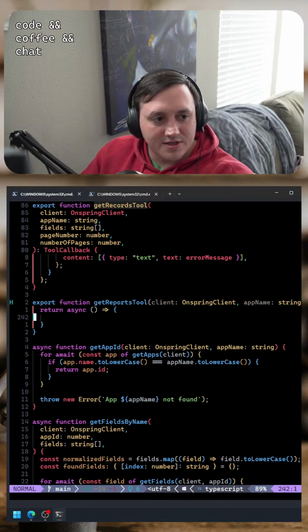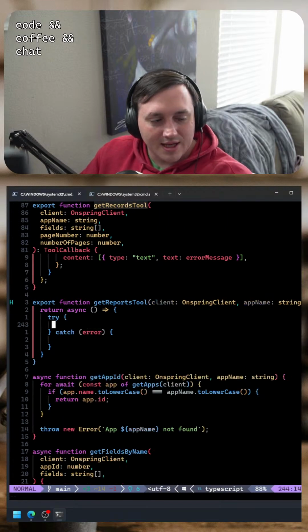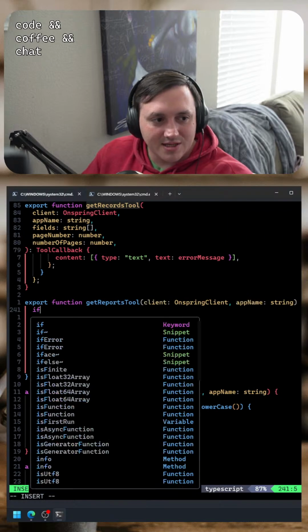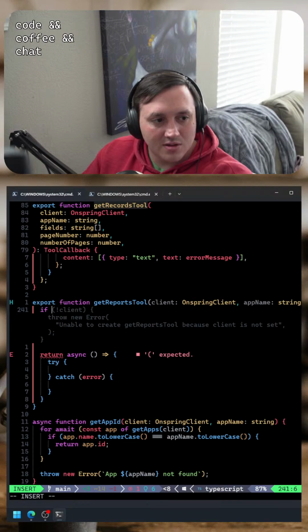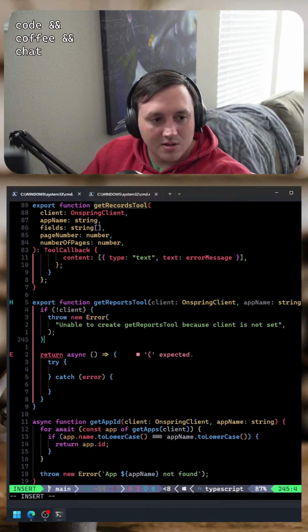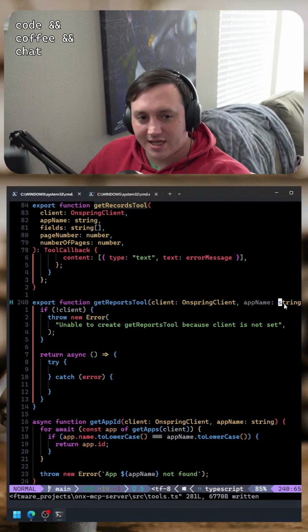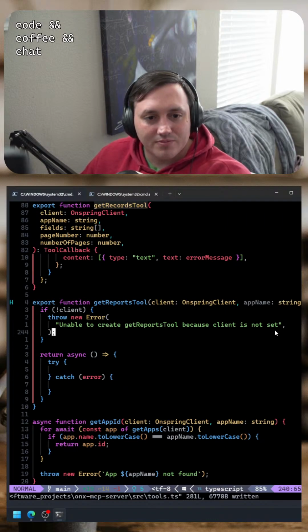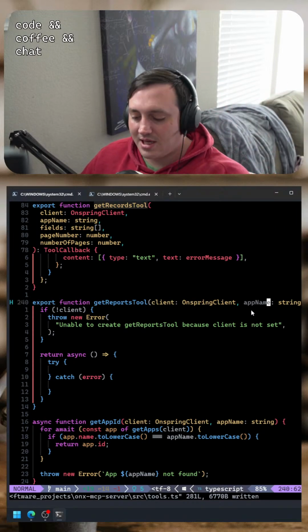This is probably going to be wrapped in a try catch, like that. And then we're going to make sure the OnSpring client isn't null. You could probably make the argument that I should check that the app name is an actual non-empty string, but I'm going to trust the validation that's happening at the tool level.